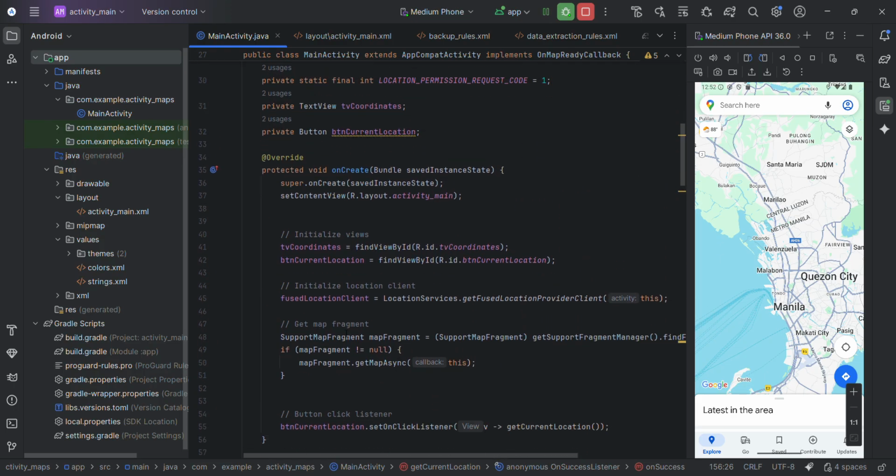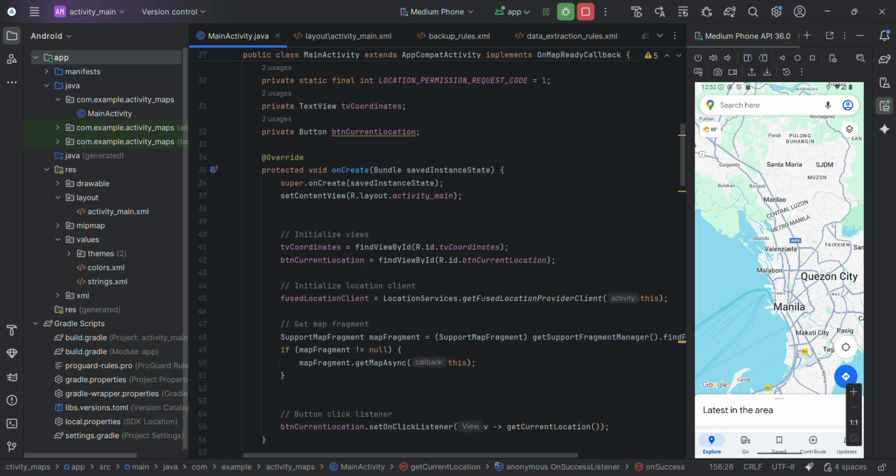Then I set up a button click listener that calls getCurrentLocation wherever the user wants to update their position.